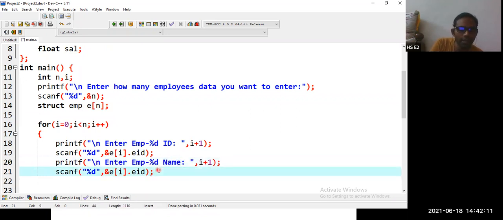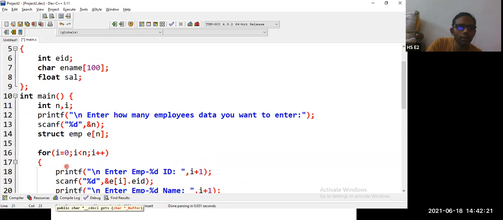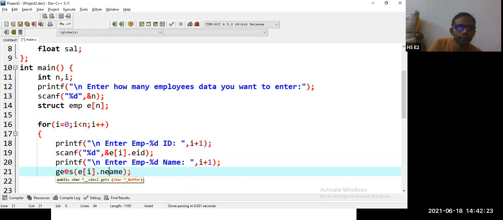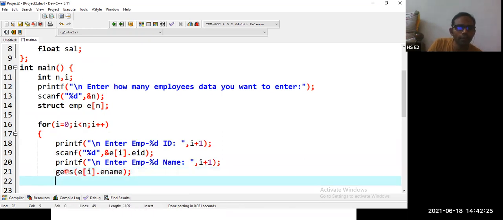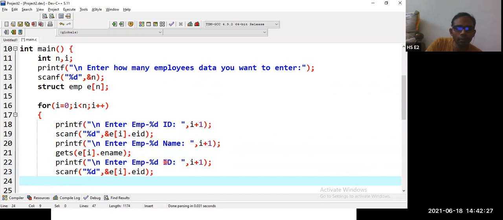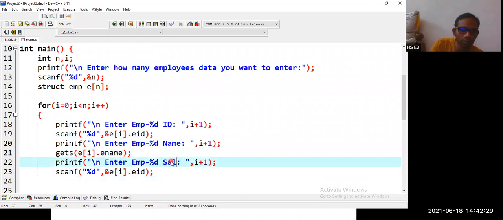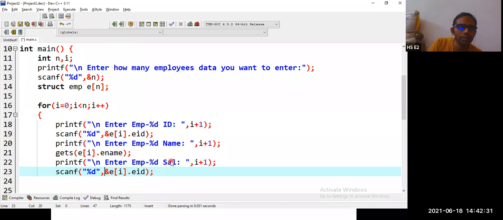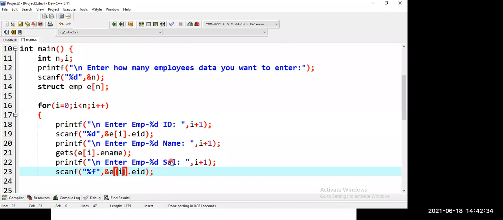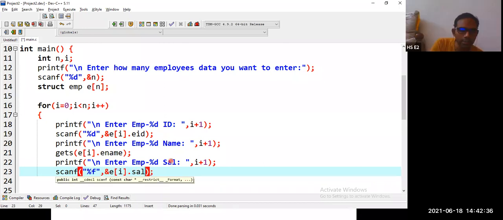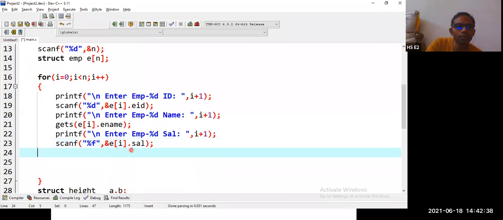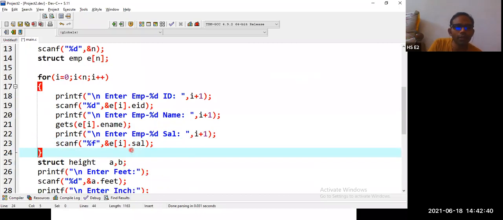Then here, instead of scanf, we can go with gets, e of i dot name. Is it name or ename? Yeah, it is ename. Then we can go with printf enter employee salary. So here we can write %f and sal, salary. So this is how we are going to accept the data from the user.